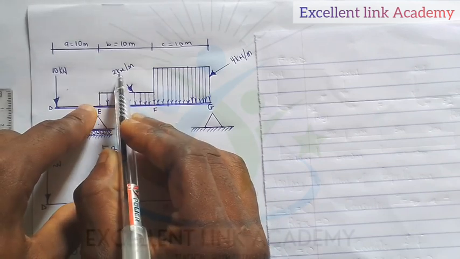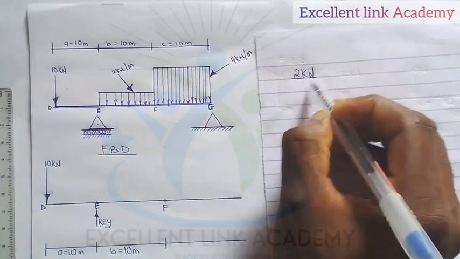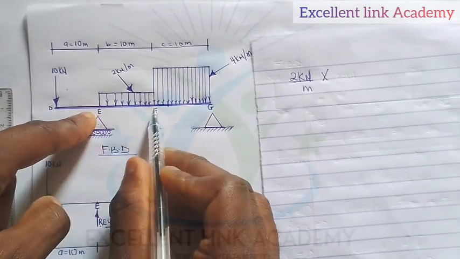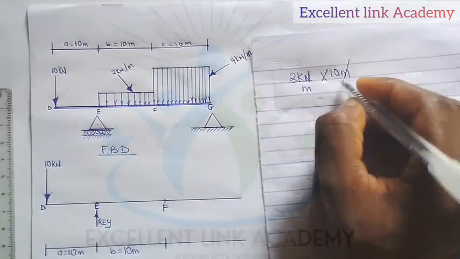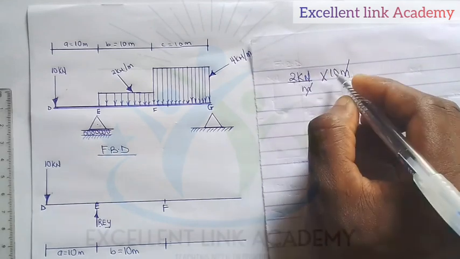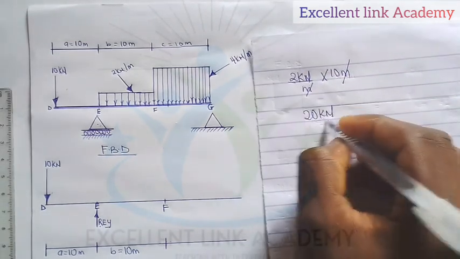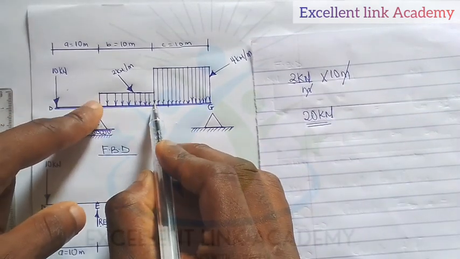It's going to be 2 kilonewton per meter, right? Multiply by the distance from here to here, which is 10 meter. Hence, meter cancels out meter. 2 times 10 is 20. Then I'm left with kilonewton. I've simply converted this UDL from here to here to